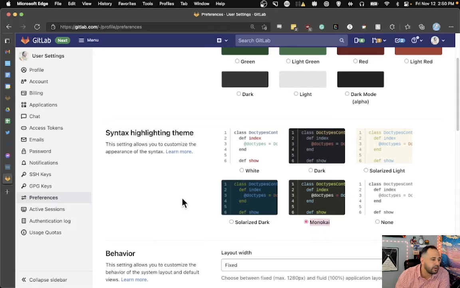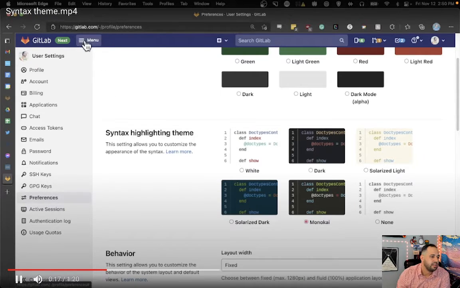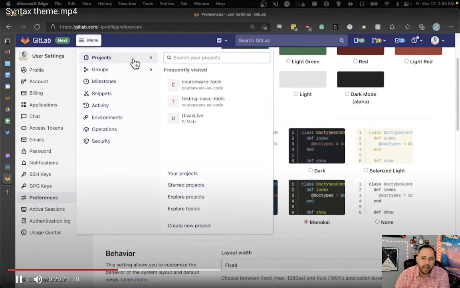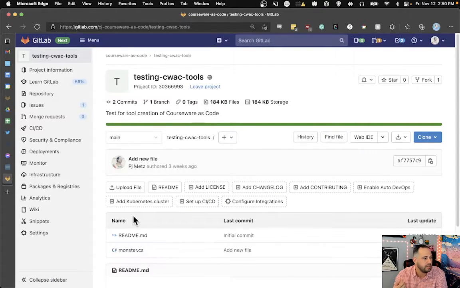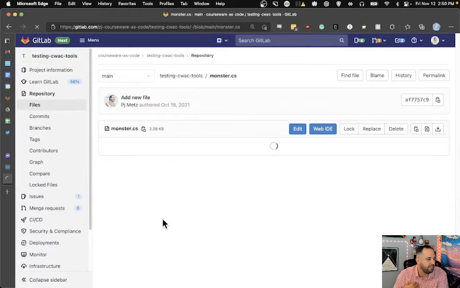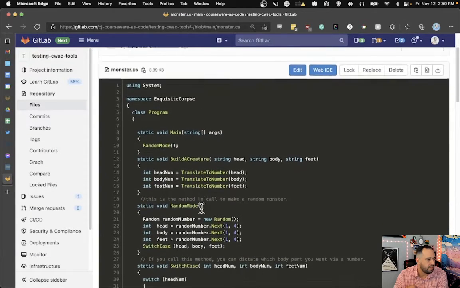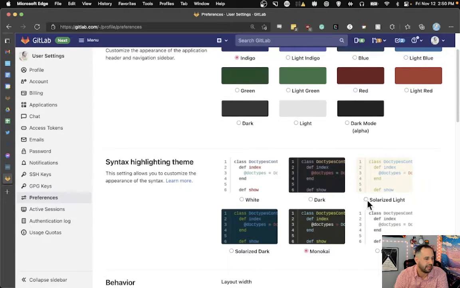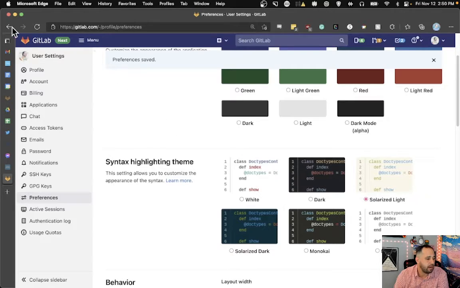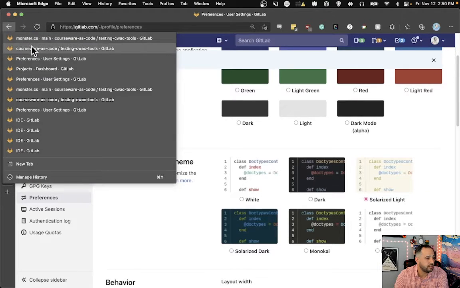I really like Monokai. It's not the dark, deep black necessarily, and plus I like the little bit of neon that you get in that blue and green. But here's an example of something I did when I was working with Codecademy, and I just imported it as a repo just to have code on my GitLab. But that was in Monokai. Now it's Solarized Light. I'm going back,